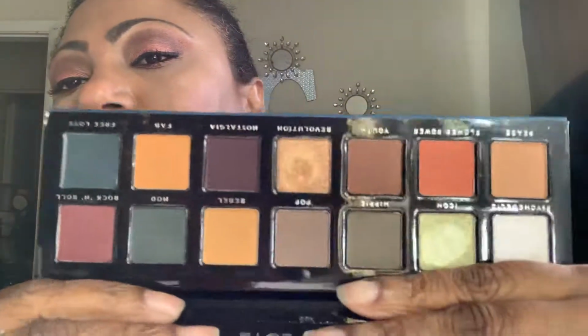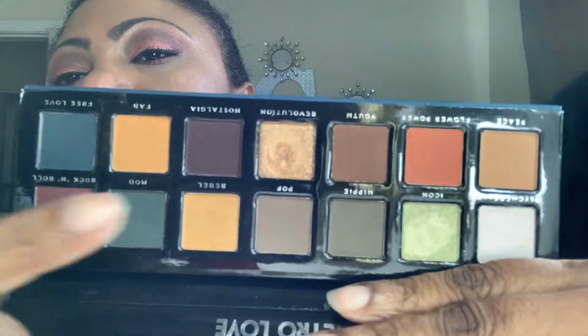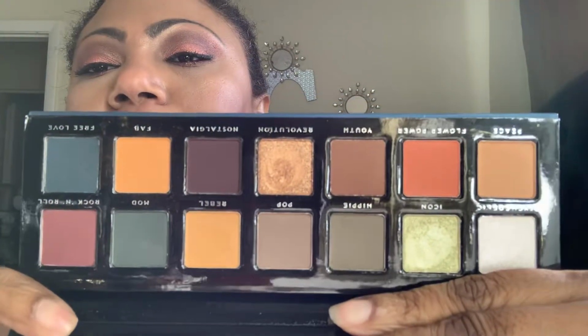So everybody and their mother who has the Subculture palette seems to have the Bad Habit Retro Love palette, because this is the Bad Habit dupe. So tempted, I got this one. I have created a look from it. I really like the performance of this, and like I said, the Bad Habit palettes perform better, in my opinion,